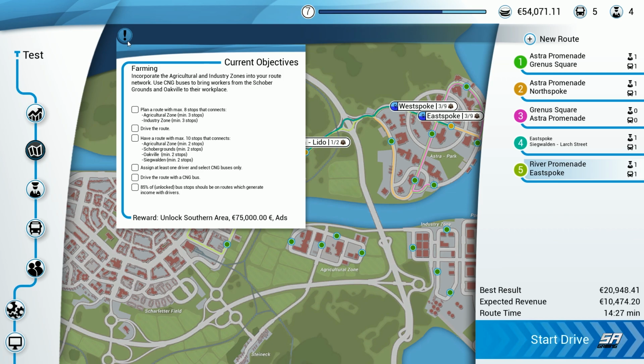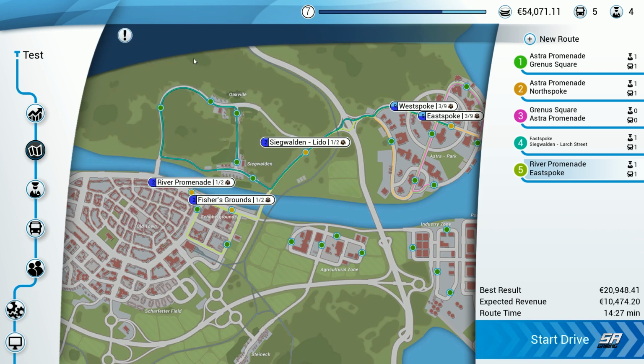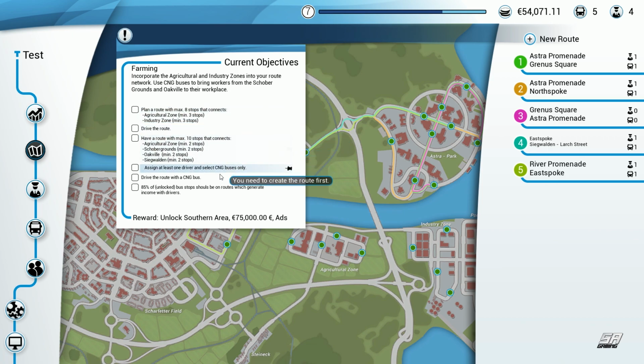Okay, well that's good. We don't have a compressed natural gas bus, but anyway. So first one for the next video will be to plan a route with a maximum of 8 stops that connect the agricultural zone and industrial zone. So that's these two zones here, and then ultimately drive the route. The one after that is then to drive a route with a maximum of 10 stops that connects the agricultural, Schrober's ground, Oakville and Sigvalden. So that is basically there, Oakville and Sigvalden. So basically all the way around that. And at least, okay, so we're gonna have to do one route with a compressed natural gas bus. We're gonna have to buy one ourselves,